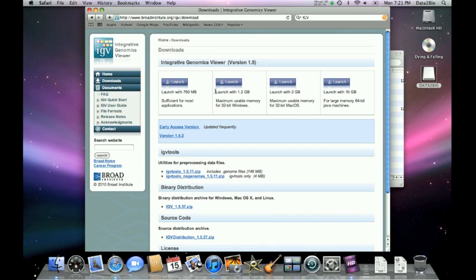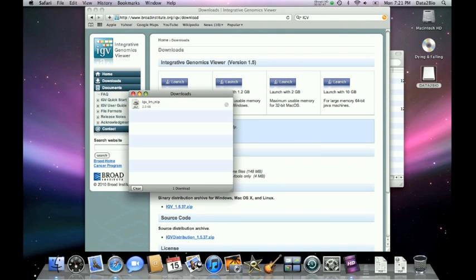Ideally, you want to select the version that will use the most RAM that is available to you on your computer. Short of serious workstations, very few computers have access to 10 gigabytes of RAM. So generally you'll want to use this 2 gigabyte version, and if you're still using a 32-bit version of Windows, you'll want to use this 1.2 gigabyte version. So we're just going to click Launch, and that brings up this igv.jnlp file, and when we open this,